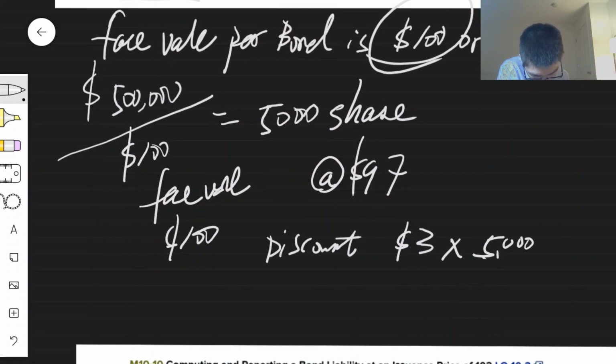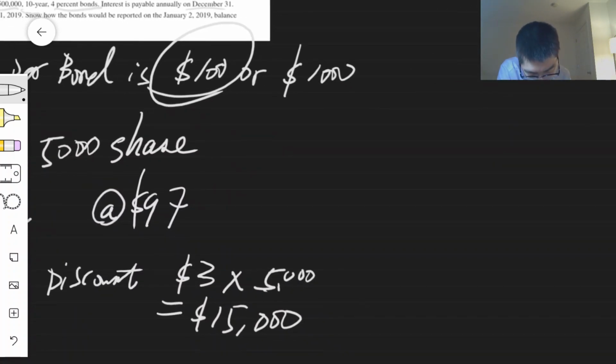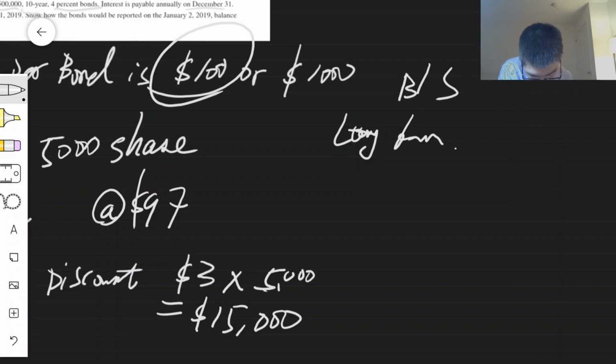In total, we are offering a discount of $15,000, right? So on the balance sheet, in the long-term liability section, we will have bonds